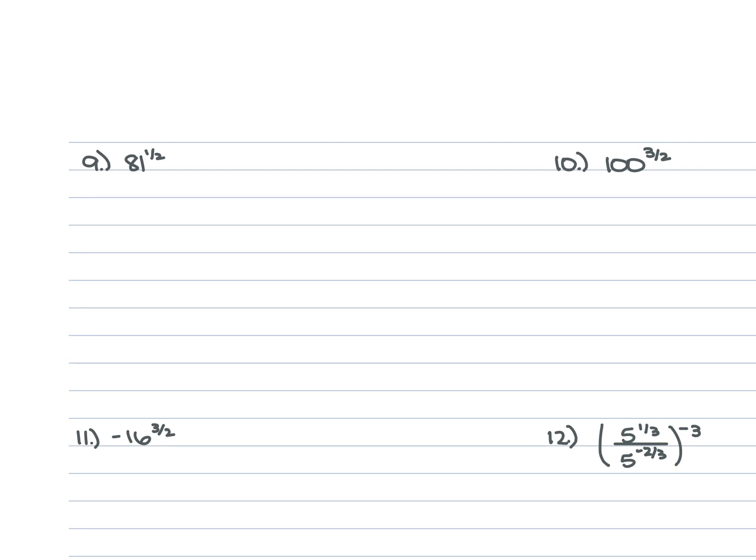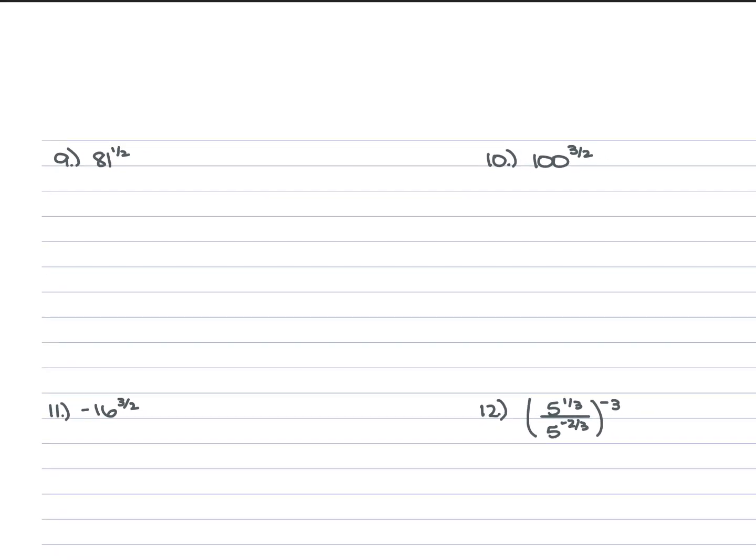If we look at number 9, we're given 81 to the power of 1/2. For this one, we are going to rewrite this 81 to the power of 1/2 as a radical. Your power is coming from your numerator. Your index comes from your denominator. So this is saying to take the square root of 81. We can simplify this so that 81 is 9 times 9. You have a set of 2 9s, so those pair up. And the square root of 81